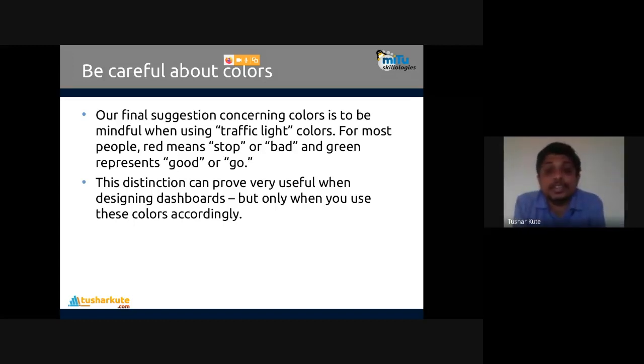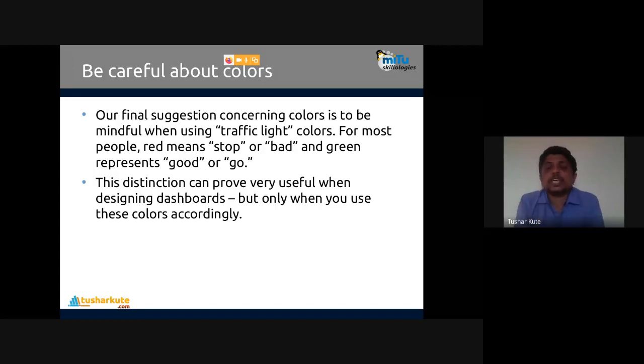We have seen that in the LinkedIn dashboard that we showed, and the YouTube dashboard also, which I have shown. So there also the same concepts are there. Green means you're progressing, you're good. Red means it's dangerous, bad. This distinction can prove very useful when designing dashboards, but only when you use the colors accordingly. The number is the secondary part. Color creates maximum impact.